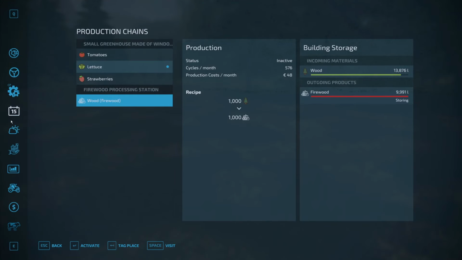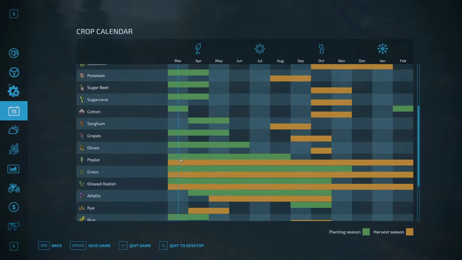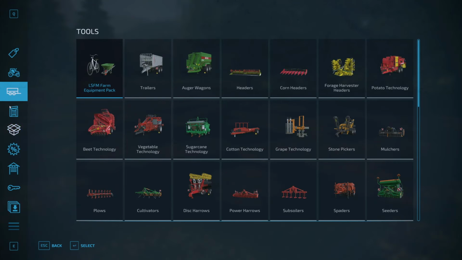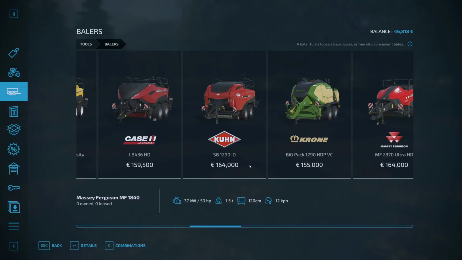Let's look at our calendar. That will give us the best options. Oat is a possibility. Sunflowers we can't do because we don't have a planter. We could do linseed. Oh wow, we could do a bit of linseed. Now the problem with linseed is that I would like to get straw out of it, but we can't because